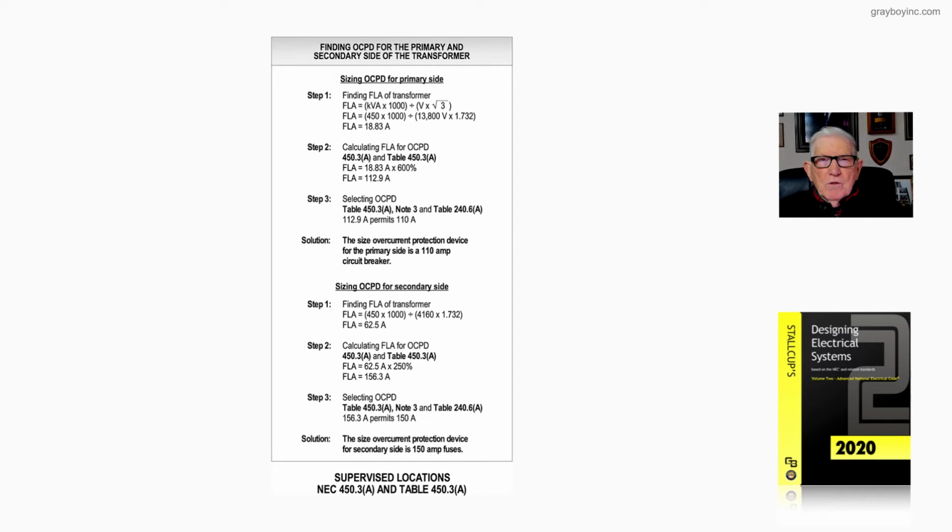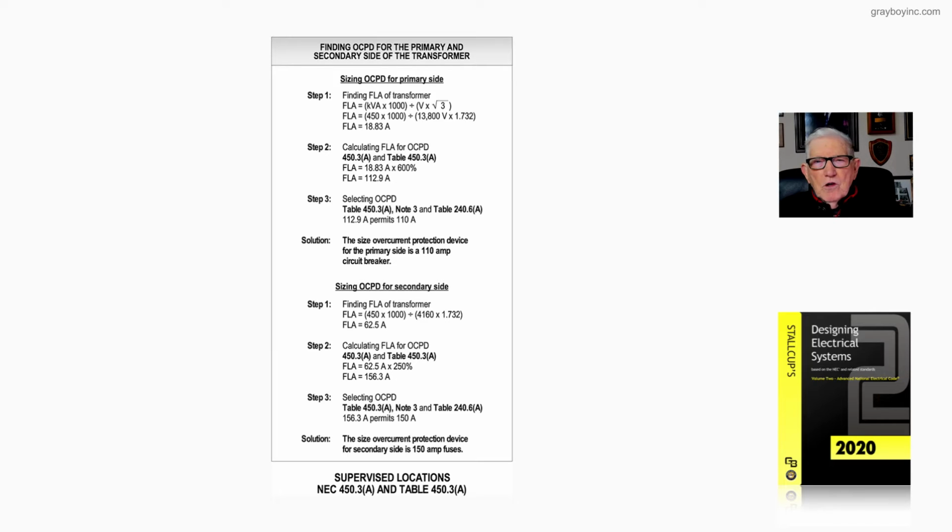Now let's size the overcurrent protection device for the transformer that we just reviewed in figure 20-HC. Now let's size the overcurrent device for the primary. It's still kVA times 1,000 divided by the voltage. So we have a 450 kVA transformer times 1,000 divided by 13,800 times the square root of 3, and we derive a full load current rating of